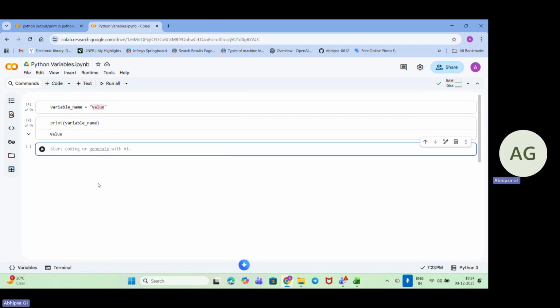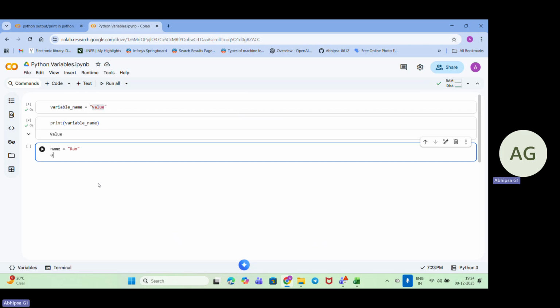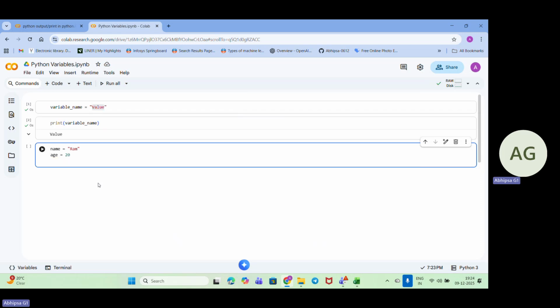Now let's take a name. I'll be using Ram. Now I'll be using the age, so I'll be using 20. Next, I'll be using price, which I'll give as around 91.245.